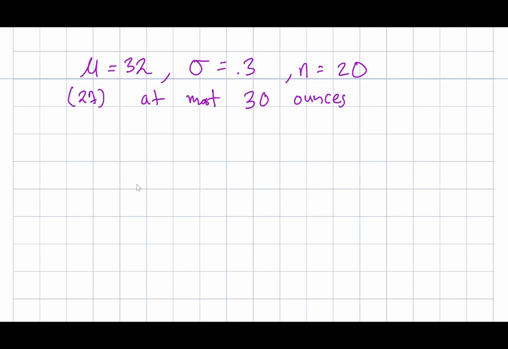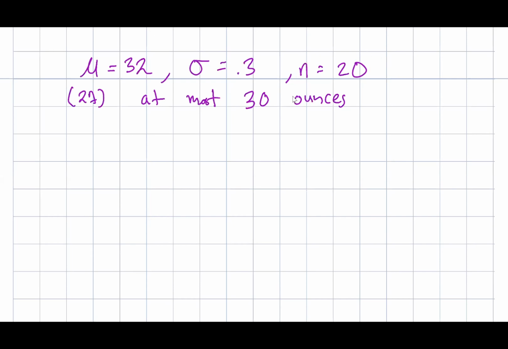All right. So if you look at it, that's what I have for my notes. We have mu equal to 32. We have sigma equal to 0.3. We have n equal to 20. And for number 27, we want to find the probability at most 30 ounces. So if you look at this, one thing that you should notice, they gave us a sample size